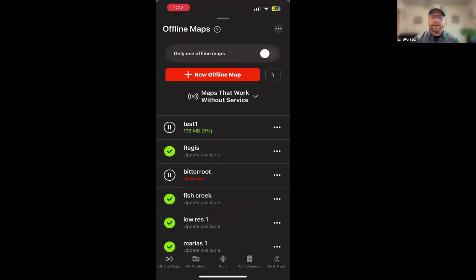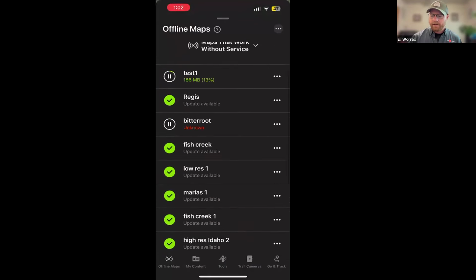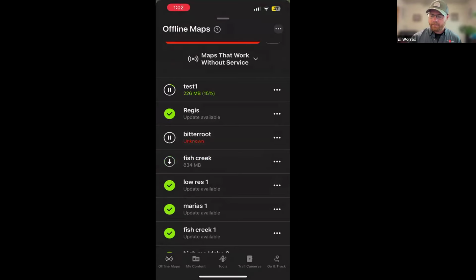That green check mark just means that it is downloaded. And if something isn't downloaded, it'll be a pause button that looks like this, or it will look like a downward facing arrow. That downward facing arrow just means that you still have the boundary there, but it has not been downloaded